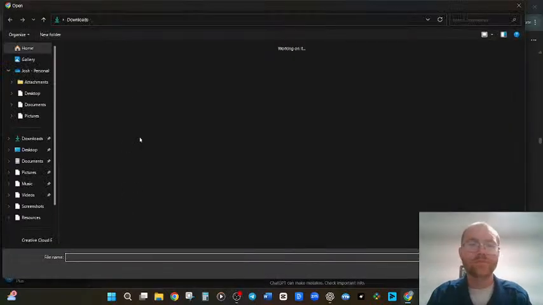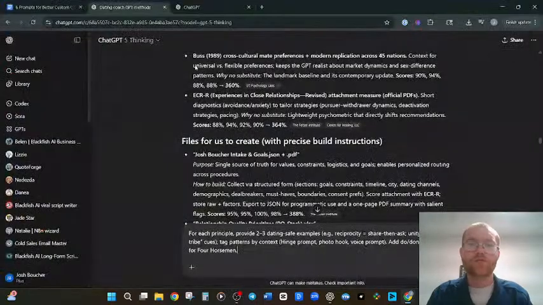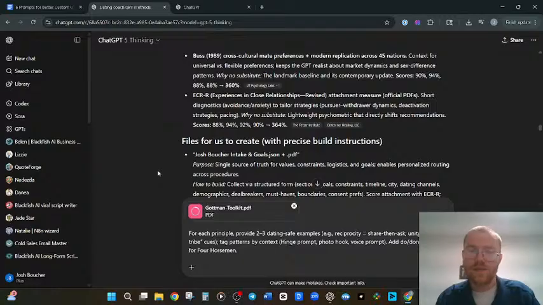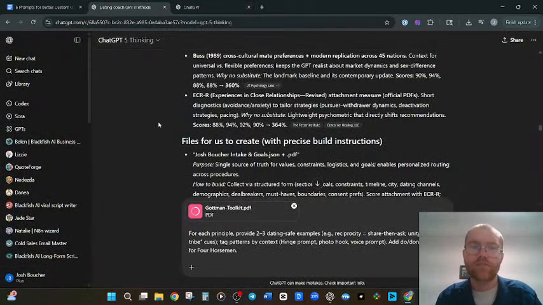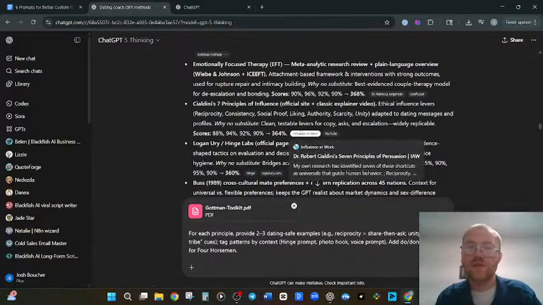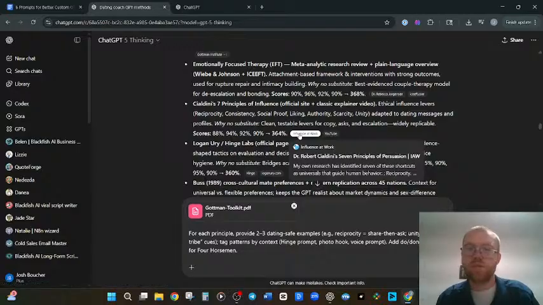I think it was the Gottman toolkit that had the 4 horsemen in it. And then where's our 7 principles? 7 principles of influence. Oh shoot. We didn't have this in our condensed version of the knowledge base.